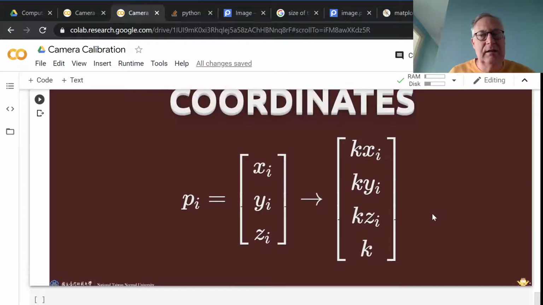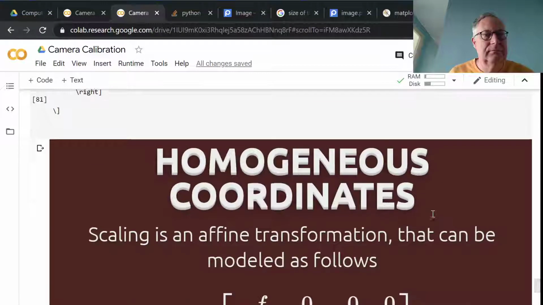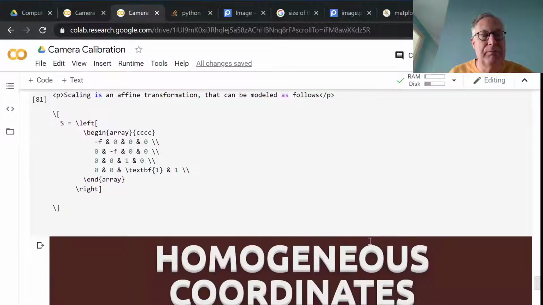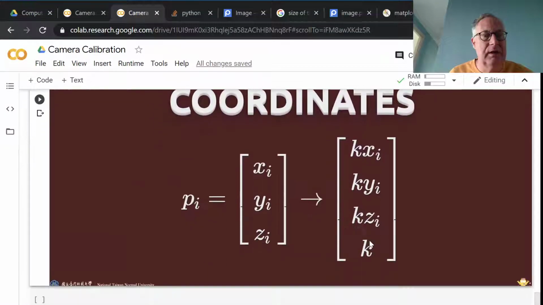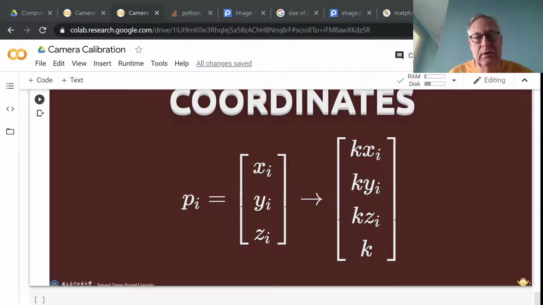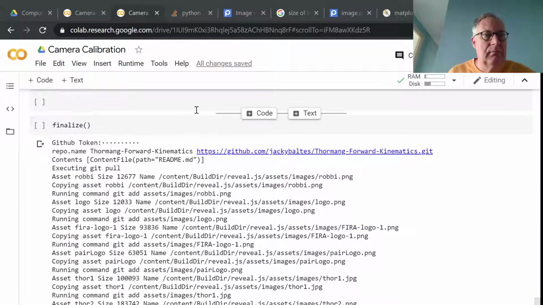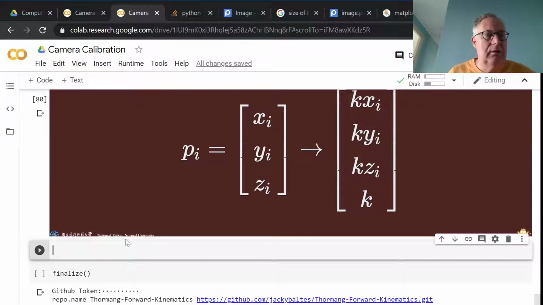So this is exactly the transformation that I need here: minus f multiplied by x divided by zp when I convert it back out of homogeneous coordinates, into 3D coordinates. So the perspective distortion matrix